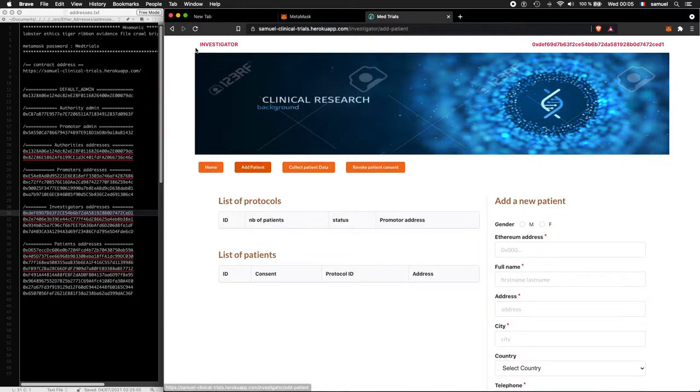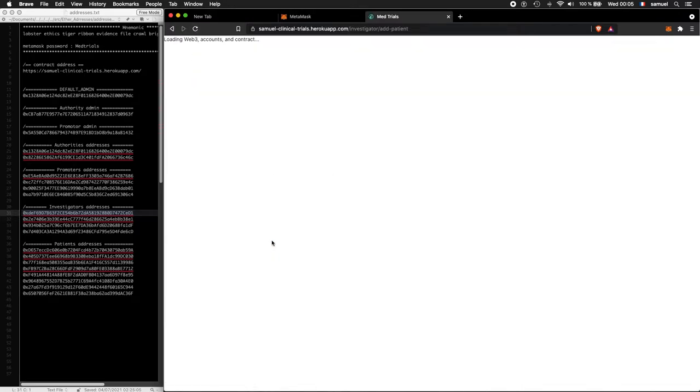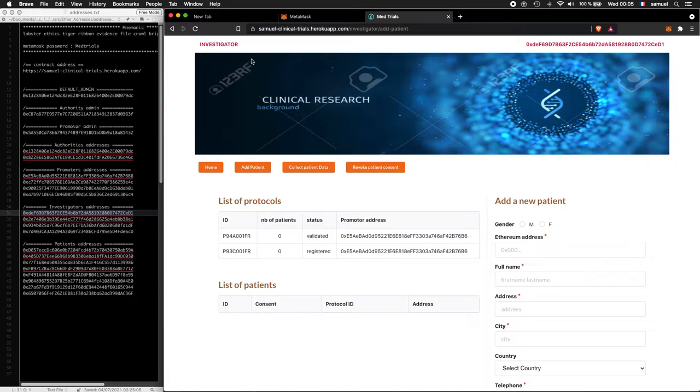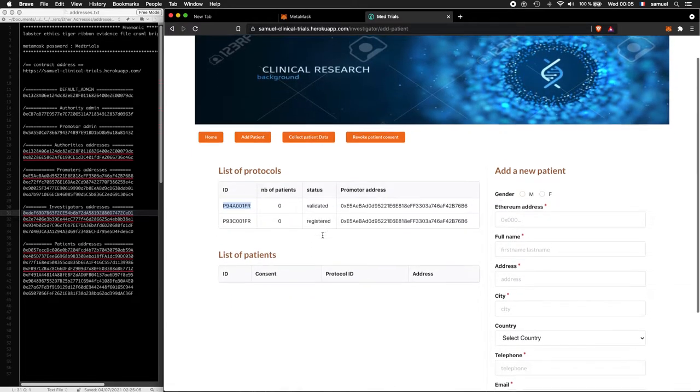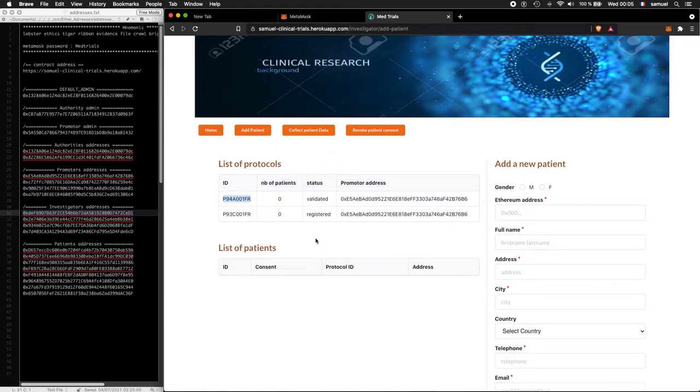So if we click on add patient, you can see that this investigator has been enrolled to 2 protocols. The first one, P94, has been validated, but the second one, P93, is registered but not validated. So this means that we can add patients only to the first protocol, but not to the second protocol.